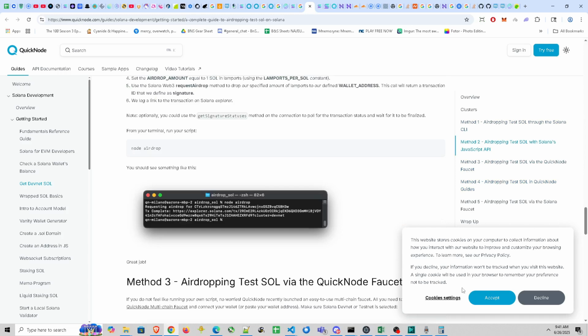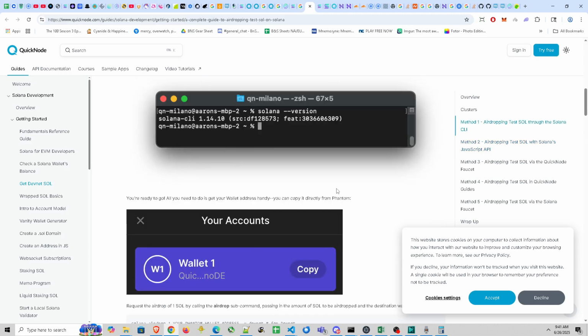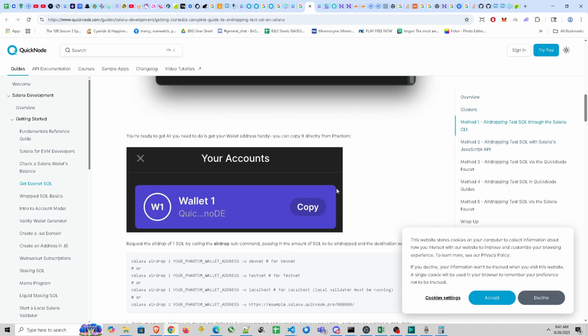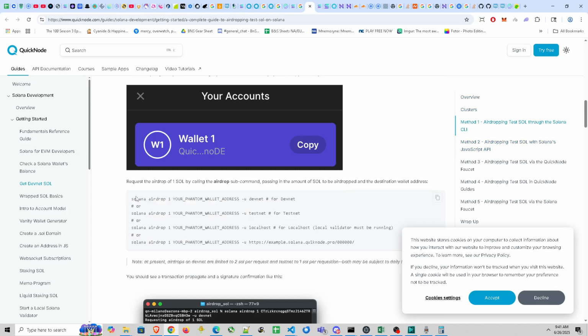So for Quick Node, they have a bunch of methods for getting it. They mention the Solana client, and they say you can also do this in the Solana client to actually airdrop to different clusters. You have to be running the Solana test validator cluster, and